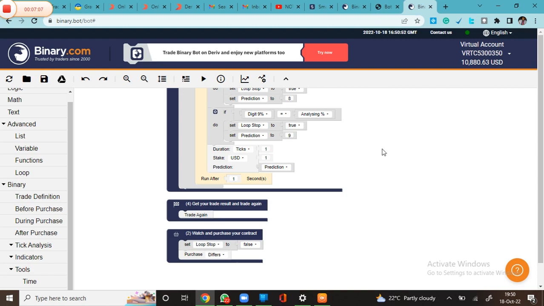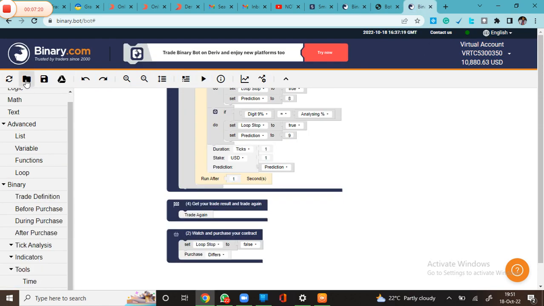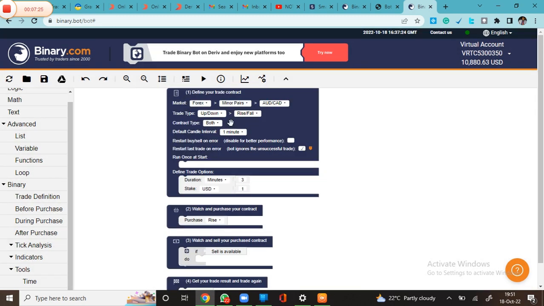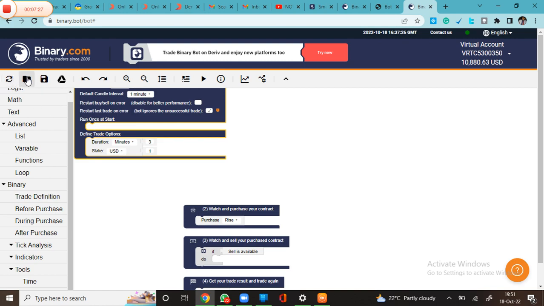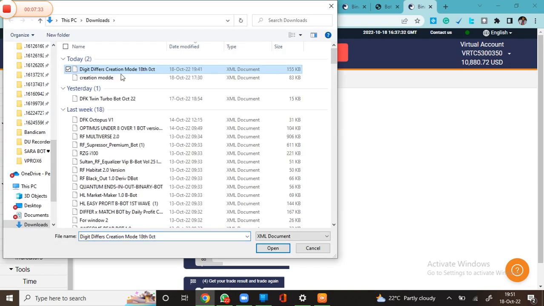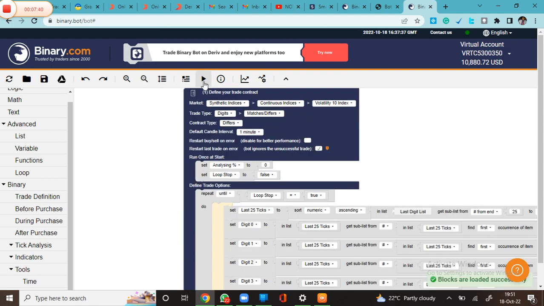And I guess this is what we want. Yeah, this is the bot that we are working with, not that one. Should be this one, but this one is highlighted. So basically, what I'm going to do is load this bot on a new tab so that we get everything as it's supposed to be. So let's go. It's still in creation mode. We load that bot, then we run,